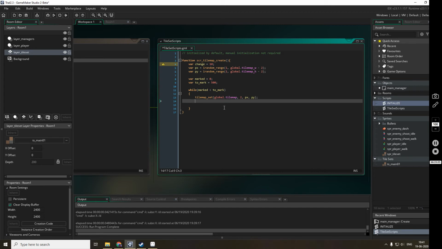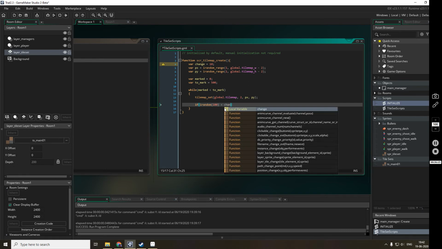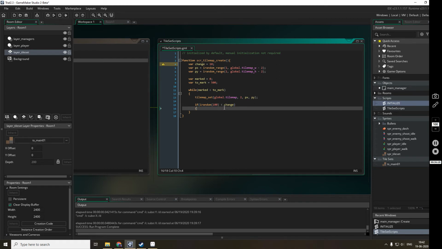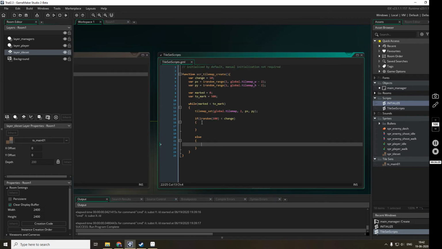Now the next px and py we will choose as: if I random 100 is smaller than change, this will basically be the percentage.